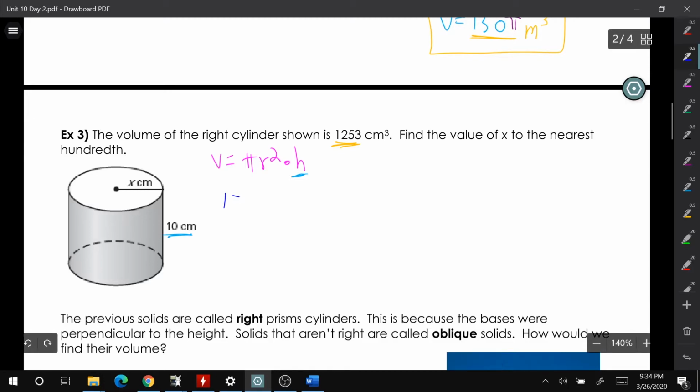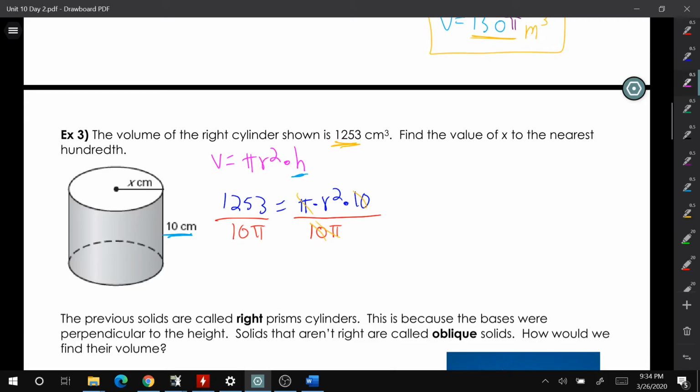So 1,253 equals pi times r squared times 10. But we want to get r by itself, so I'm going to divide both sides by pi times 10, or 10 pi. That's probably a better way to write it, so let's do that. Because that will cancel these. And then the left side is going to equal